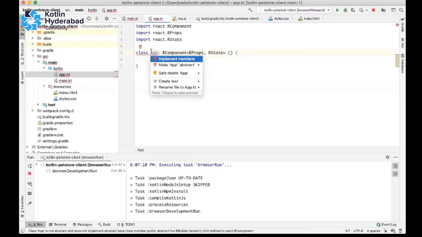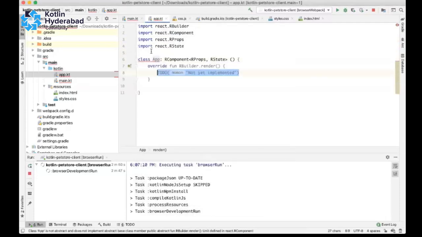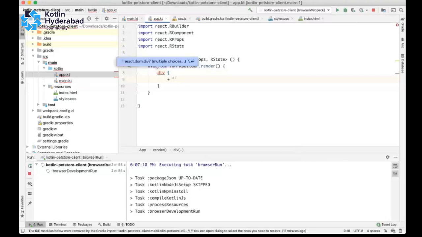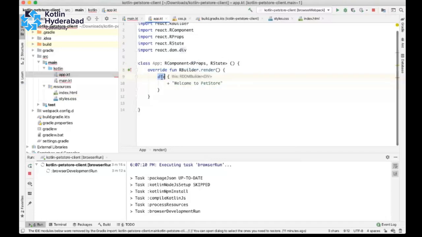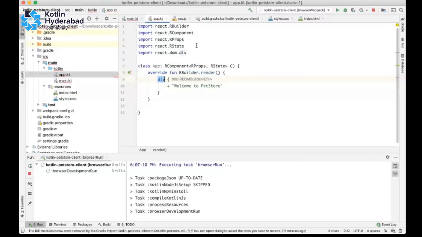We need a render method implementation where we write a div with the text welcome to app pet store. This div and everything are defined by Kotlin wrappers.